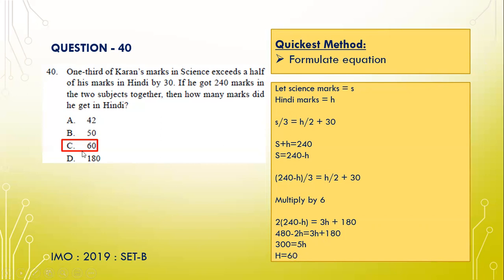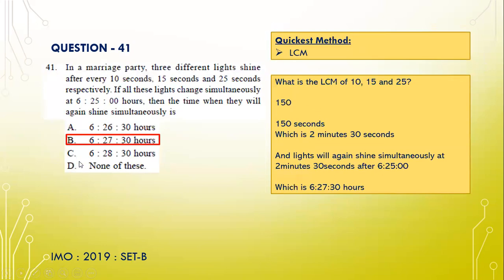So the number of marks in Hindi is 60. In a marriage party, 3 different lights shine after every 10 seconds, 15 seconds, and 25 seconds, respectively. If all these lights change simultaneously at 6:25:00 hours, so 6 hours 25 minutes 00,